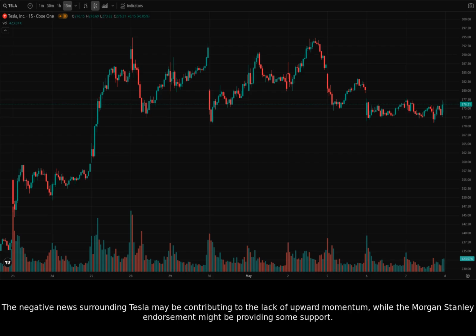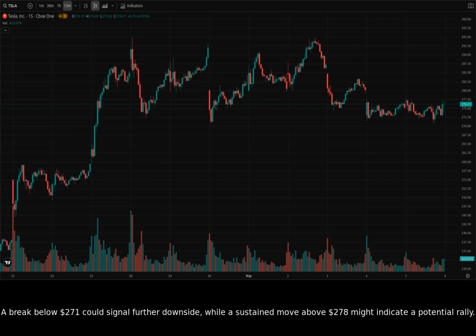The negative news surrounding Tesla may be contributing to the lack of upward momentum, while the Morgan Stanley endorsement might be providing some support. A break below $271 could signal further downside, while a sustained move above $278 might indicate a potential rally. In summary, here are the key levels to watch: immediate support around